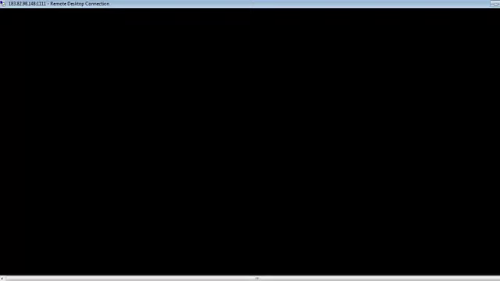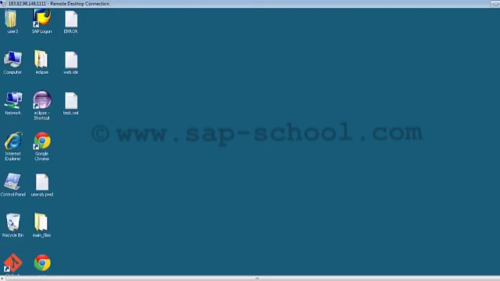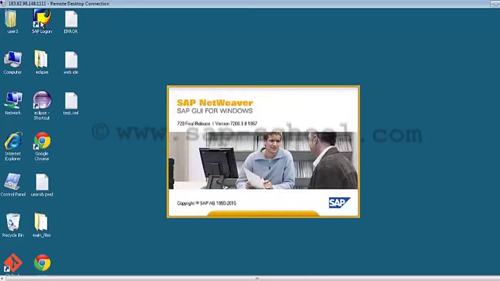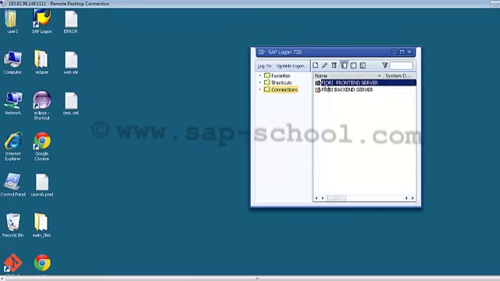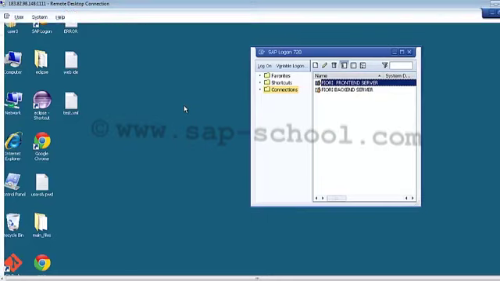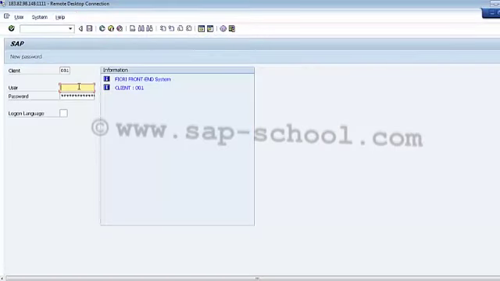So if I go to my Fiori system and log in to that SAP system where my gateway is installed, so I'm just logging in into my server where my gateway is there.